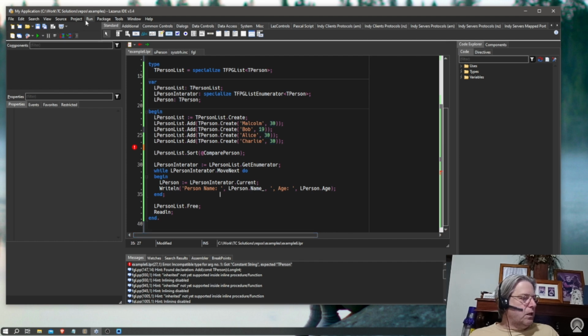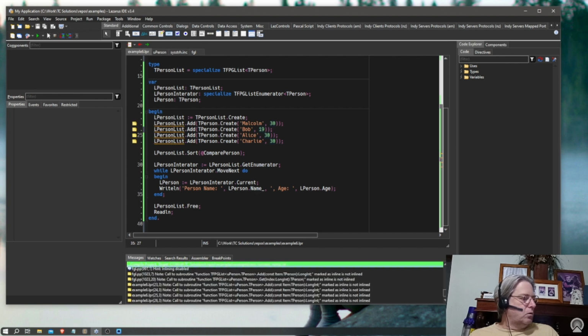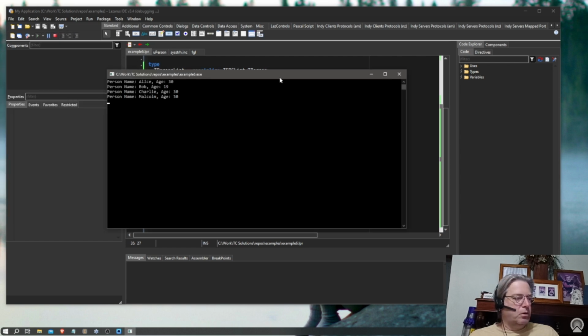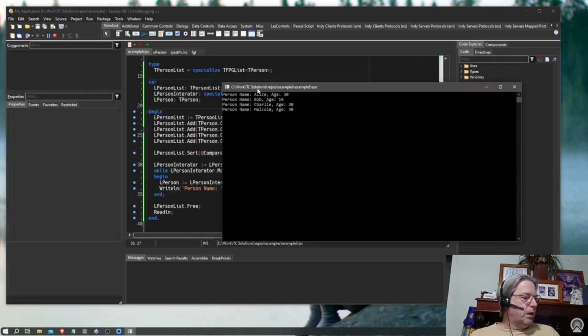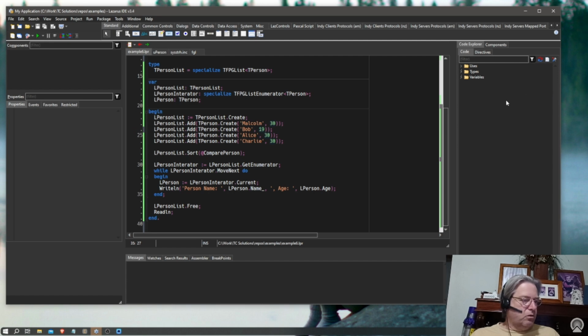So I've got that line out. Let's now build the program again. Sweet, that seems to have worked. It's all green for me, so the window's popped open, so I'll bring it over here. And you can see now I've got Alice, Bob, Charlie and Malcolm in order based on name, and we'll just close that window down. And that, my friends, is what generics are. Now you could use a generic, like I said, for a queue or a stack or something else,